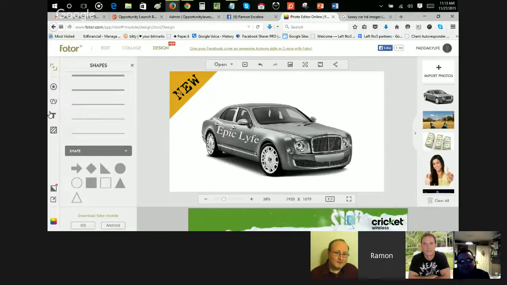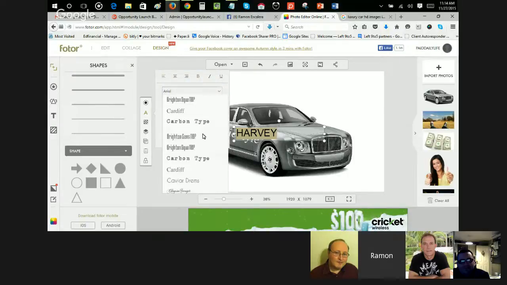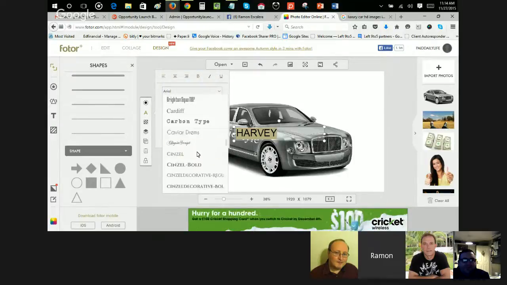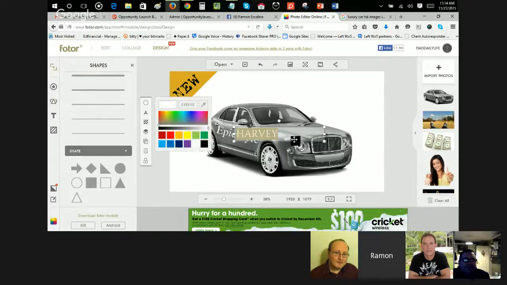And then we can take your name, Javi. Check this out. Javi. And we can take that. And we're going to change that text. Arial. We're going to put a more, there we go, something like that. That looks nice right there. And then we're going to change it to white font, because that way it'll show as the license plate. And then we're just going to